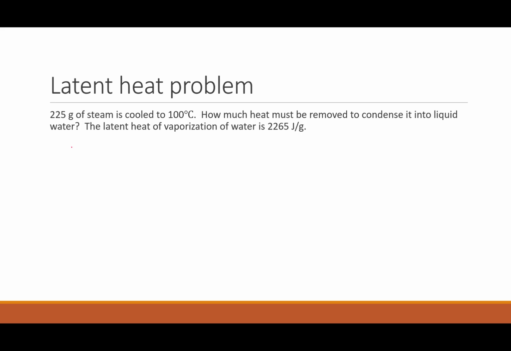Well, we know that Q equals mL. We know that the steam is at 100 degrees Celsius, which is the boiling point of water. So if we remove any more heat, that steam is going to start condensing into water. If we want to fully condense it, we're going to have to condense the entire mass of the water. So really we just need to plug in our numbers. Q equals m, 225 grams, times L,